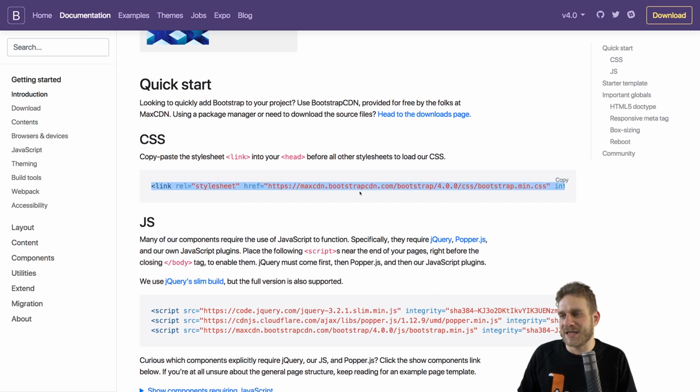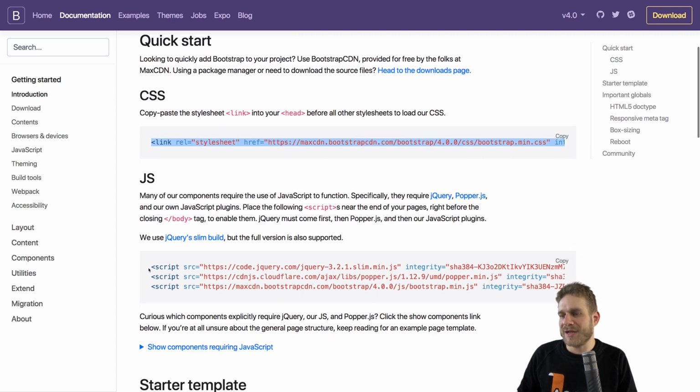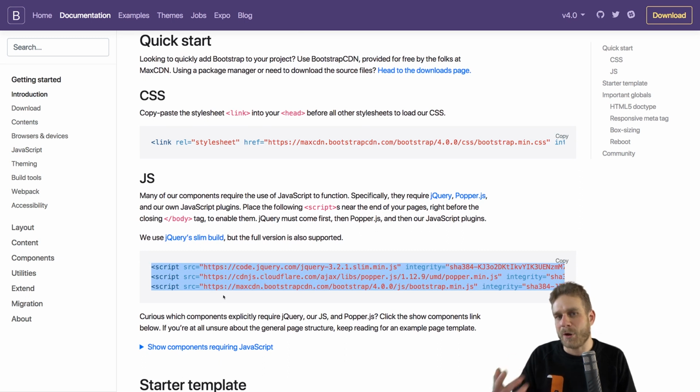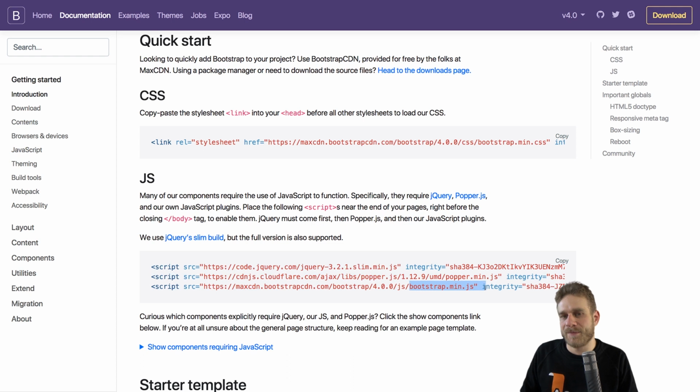Now, besides the CSS file here, you can also add these JavaScript imports. This will import jQuery, Popper, which is another third-party package, and the Bootstrap JavaScript code. This contains all the code we need for certain components that rely on JavaScript, like the modal, which I already mentioned. I won't add it to my project for now, but I will revisit this later in the series when we have a look at JavaScript-driven components. Now, this is the quickest way of getting started.